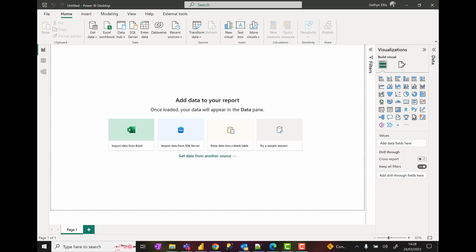Okay, so in this second demo, we're going to look at preparing data in Power BI. So we're going to start the report development process, and we're going to look at how we can bring data in. Now, what I have here is Power BI Desktop open. I've closed down the Getting Started page, and I am just quickly going to save this file before I start doing any work